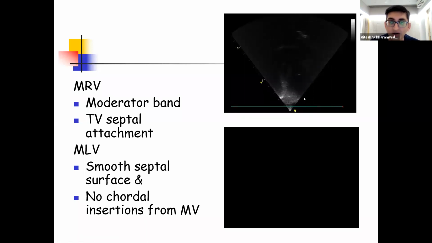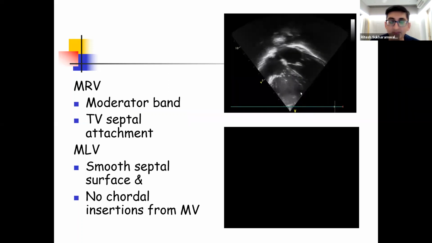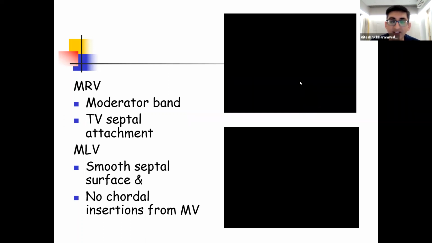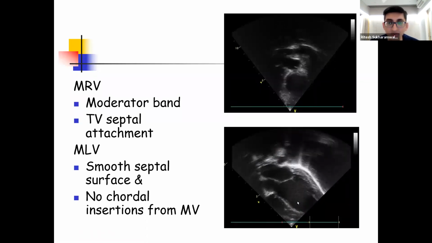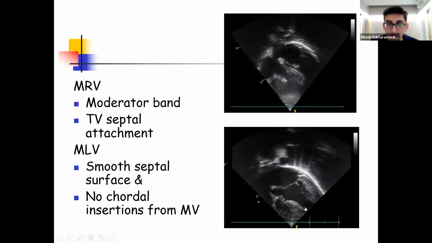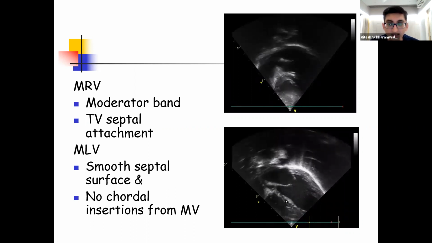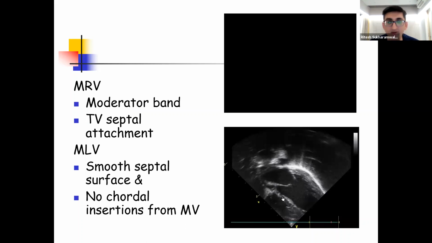And you can also see that there is an additional band which is crossing the apex. That is the moderator band. The presence of the moderator band and the septal attachment of the tricuspid leaflet will define that this ventricle is the right ventricle. Now coming to the left ventricle, what we can see over here is that the interventricular septum